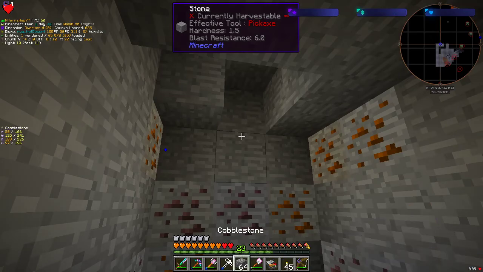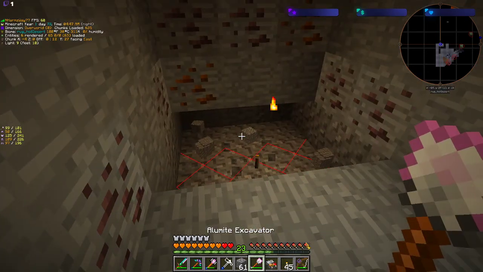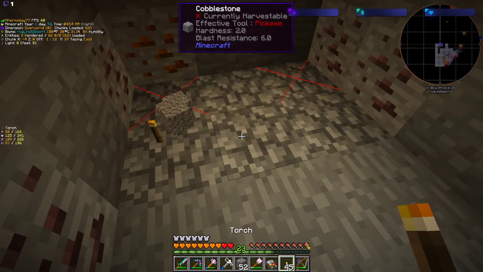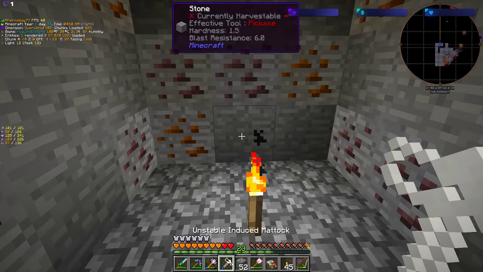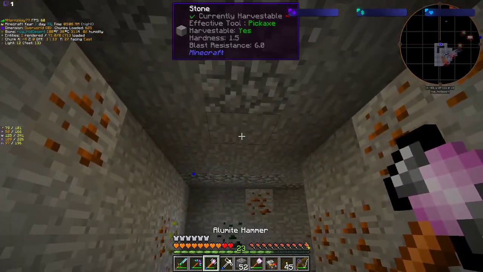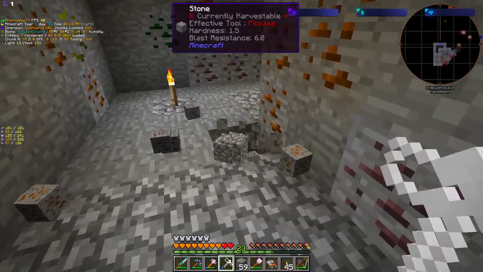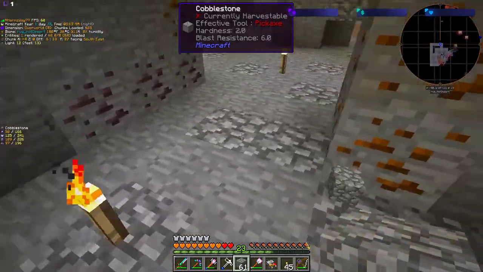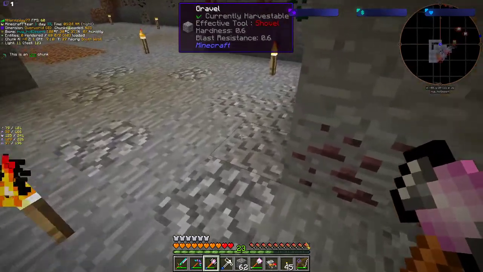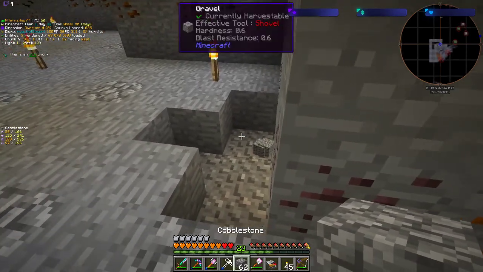So we could save ourselves some trouble by taking care of all of this, right? And that means when we get down to the next level, it's not going to be there. There's going to be no gravel. It's just going to be our ceiling that we've made with cobble. So that's something to think about, something to, I don't want to say concern yourself with, but it's something to work on